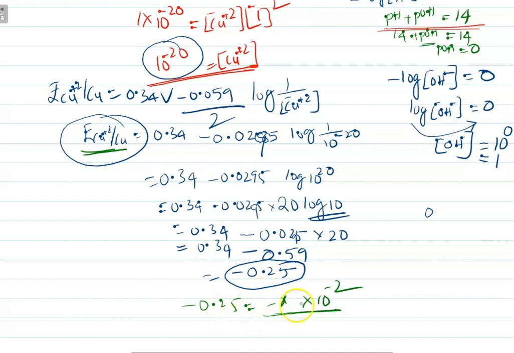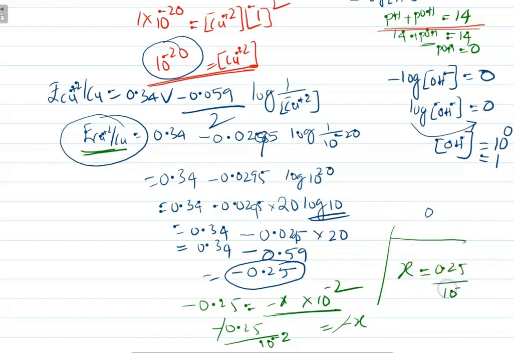So if you send this term here, it will become minus 0.25 by 10 to the power of minus 2 is equal to minus x. The minus goes away, that is x is equal to 0.25 by 10 to the power of minus 2. When it comes up it will become 10 to the power of 2, that is x is equal to 0.25 into 10 to the power of 2, that is x is equal to 25. So our answer is